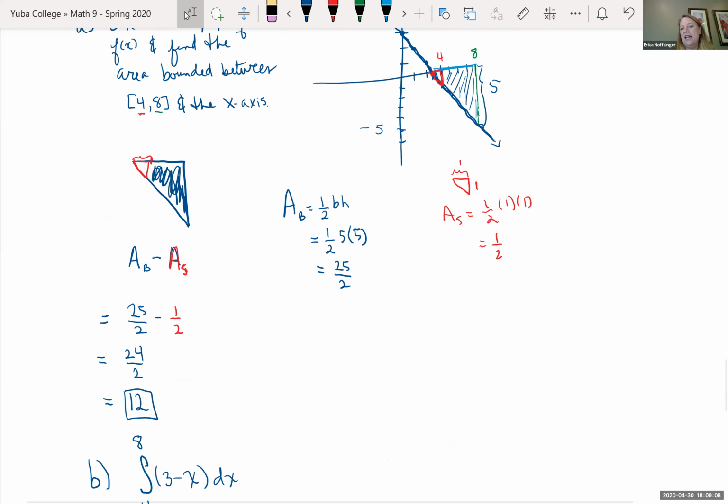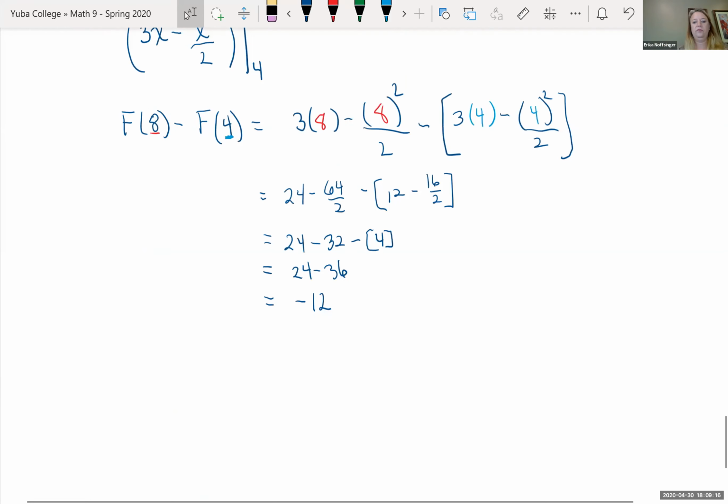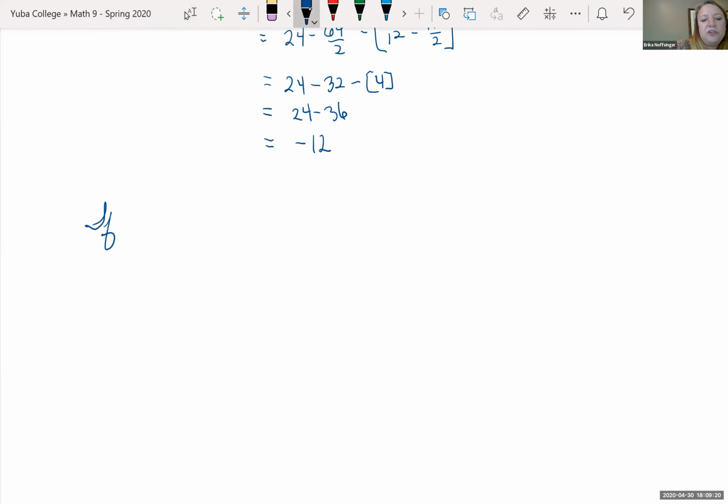So for area, we got the negative of that because it fell below the x-axis. And so if you are trying to find the area under the curve, so let's say find the total area under the curve,